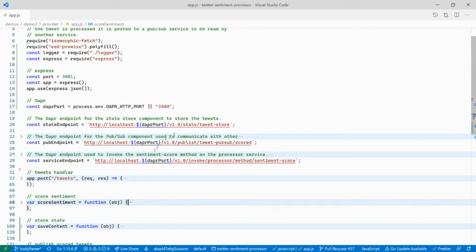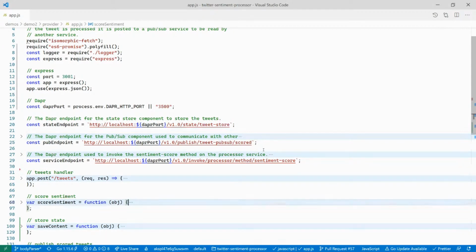So when I want to save the state, I simply go to the state store called Tweet Store, and I say, hey, I want you to store this information for me in whatever state store I happen to be using. Could be Redis, could be Cosmos, could be MySQL, could be anything. My code doesn't change. I do the exact same thing. I get the desired result. Here I have a PubSub. I'm going to publish these events to these topics to this particular subscription here, and I want them to be picked up on the other end. Again, it's just a simple URL that I post to. What's beautiful about using these URLs is any language can do this.